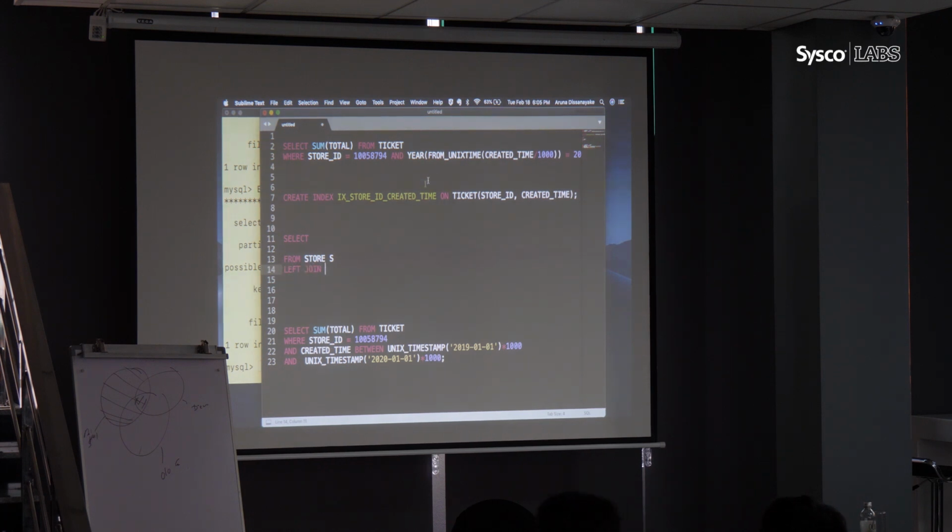From store settings as T1, on, I'm joining the previous one, s.id equals the store ID.